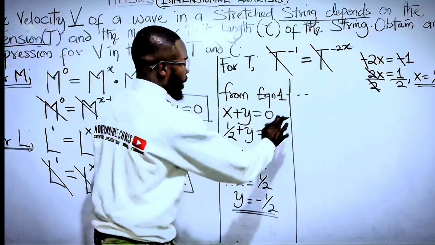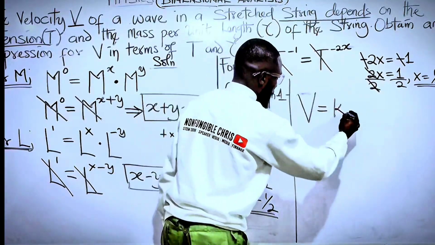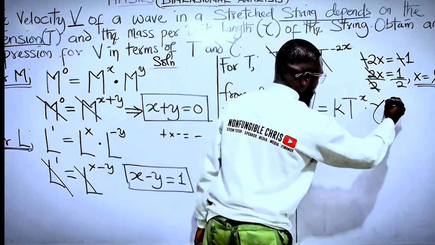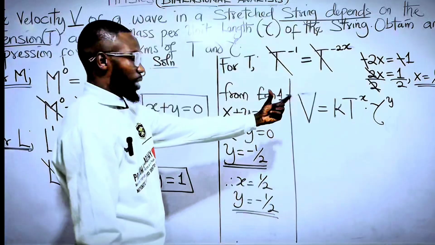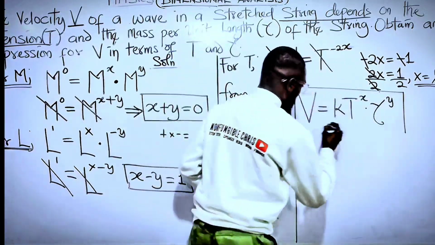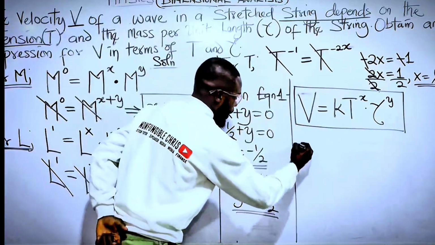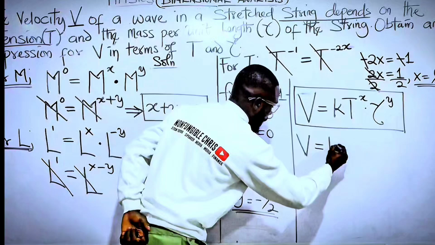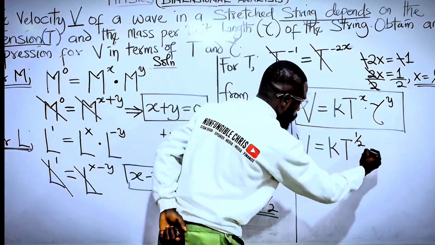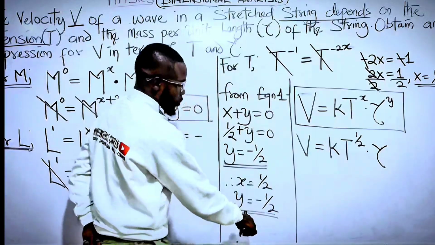Now I have my value for x and y. I know that my v is proportional to k t raised to the power x times my gamma raised to the power y. That's what we had from the beginning, from the opening phrase. This was what we were working with. So let's fix the value for x and y. So for that, we have that v is equal to k t raised to the power of 1 over 2 times gamma raised to the power of